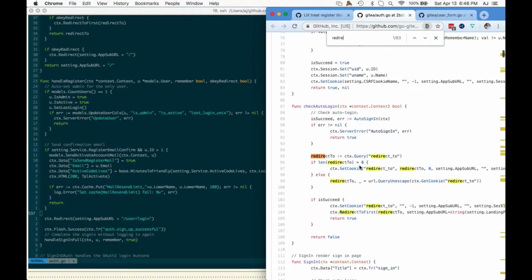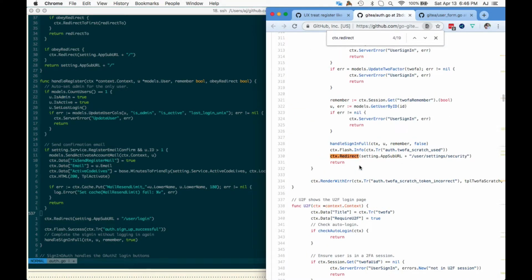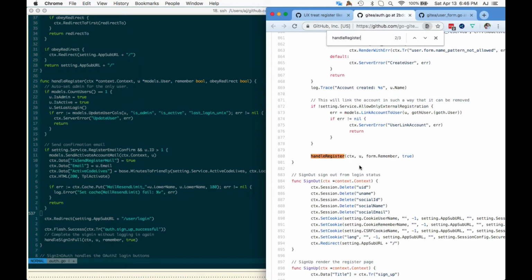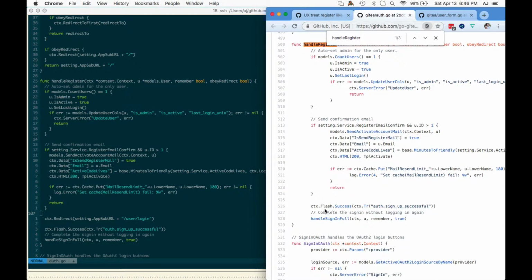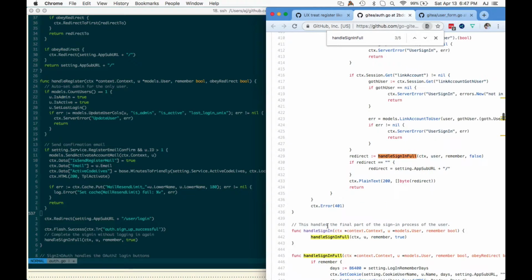And... handle register. Yeah, we flash success, and we handle sign in full was also added.